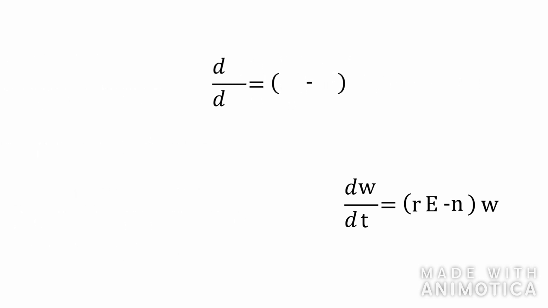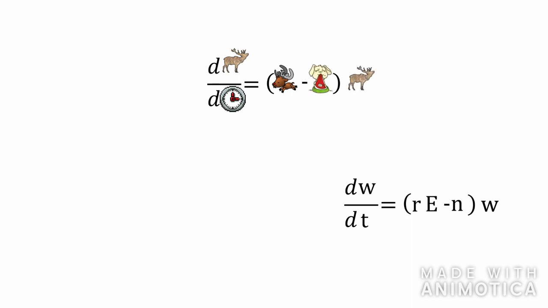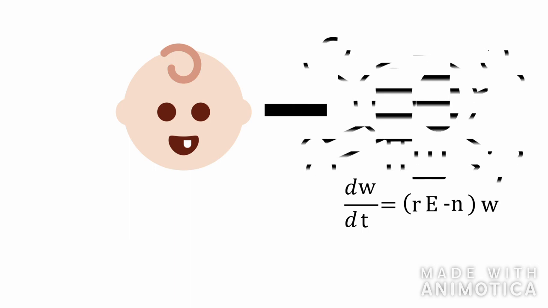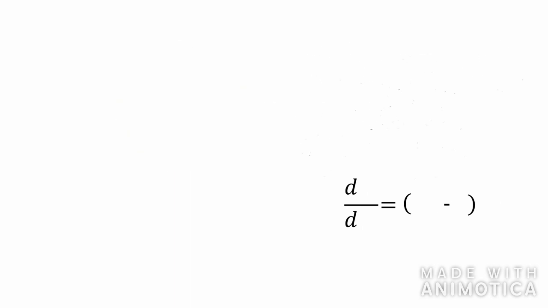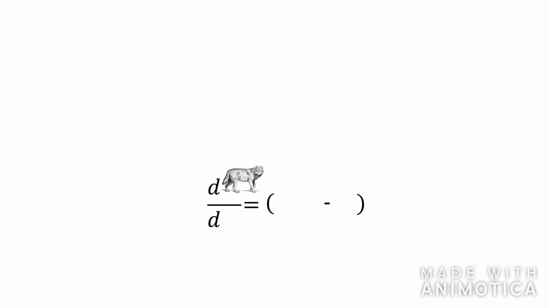The first equation reads, the change in elk over the change in time is equal to the number of elk that can be born minus the amount of elk that are eaten by a number of wolves at that population of elk. So simply put, it shows how quick the elk are born to how quick they die. The second one reads, the change in wolves over the change in time is equal to the number of wolves that can be born per amount of food available minus the rate at which the wolves die at that population